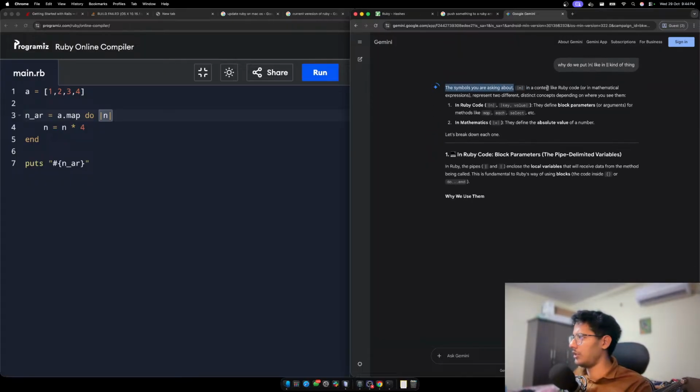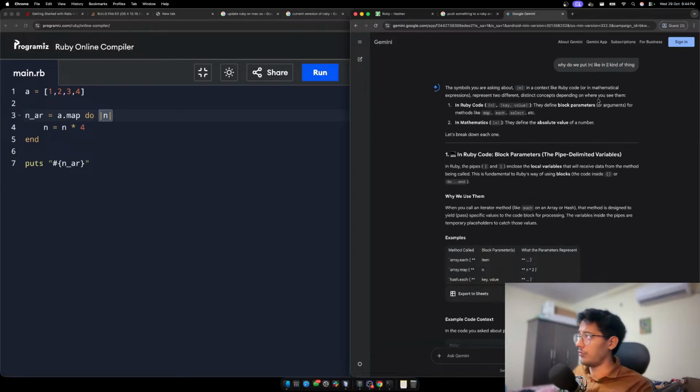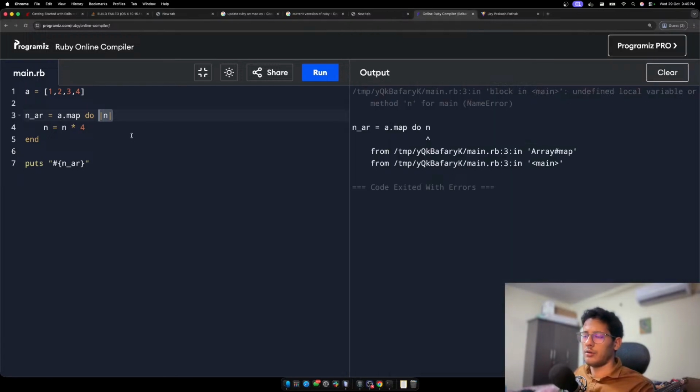The symbol in the context of Ruby code represents two different distinct concepts depending on where you see it. What? So these define block parameters or arguments for a method. Oh, okay. So these are the arguments for a particular method, like we pass a callback function. But the problem is, now if I do a dot each